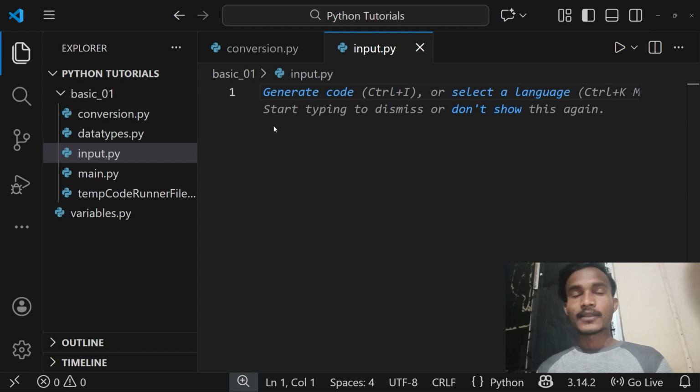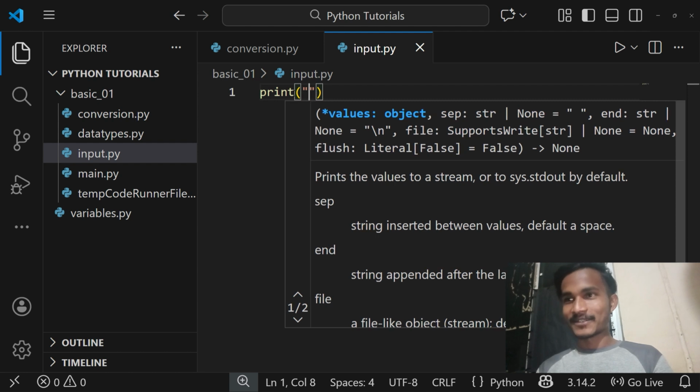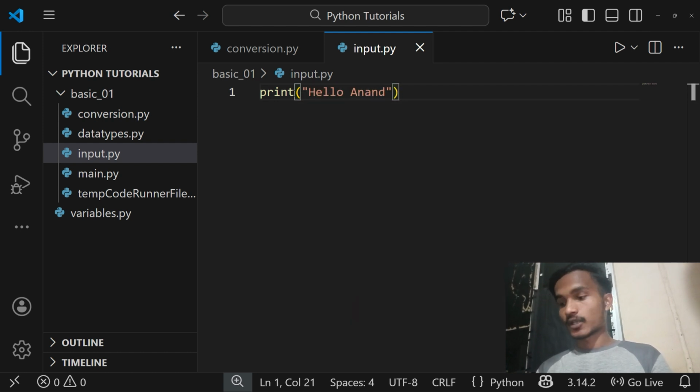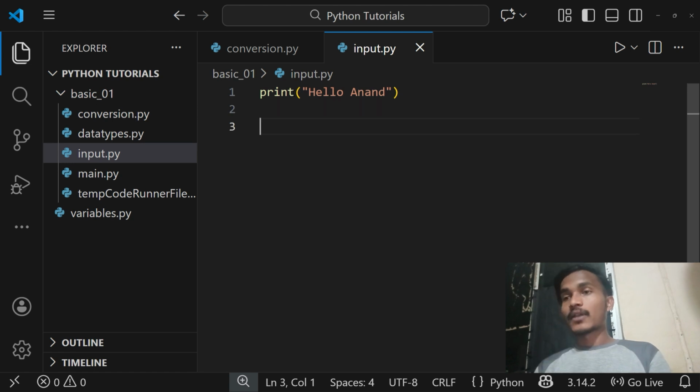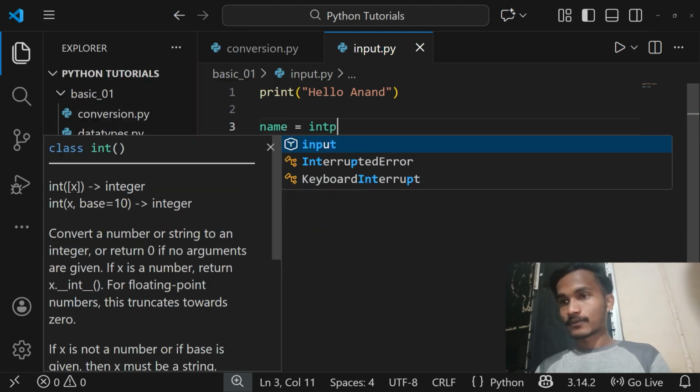Let's get on the screen, and here we go. As we all know, I will start by creating a message: hello Anand. And now let's take an input from the user. So let's take a variable, name, and